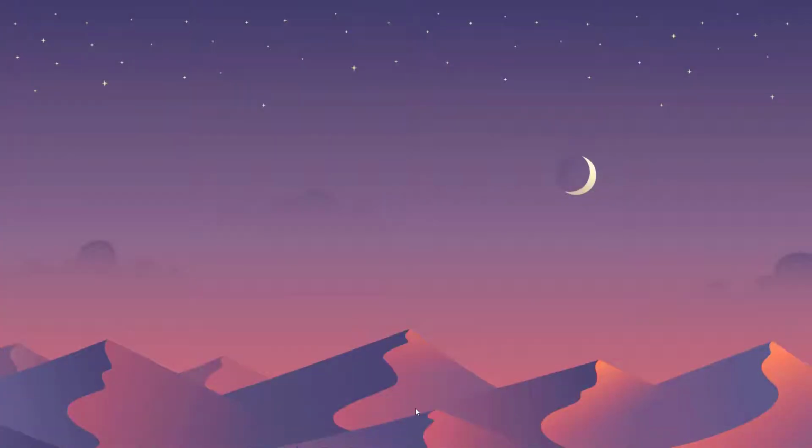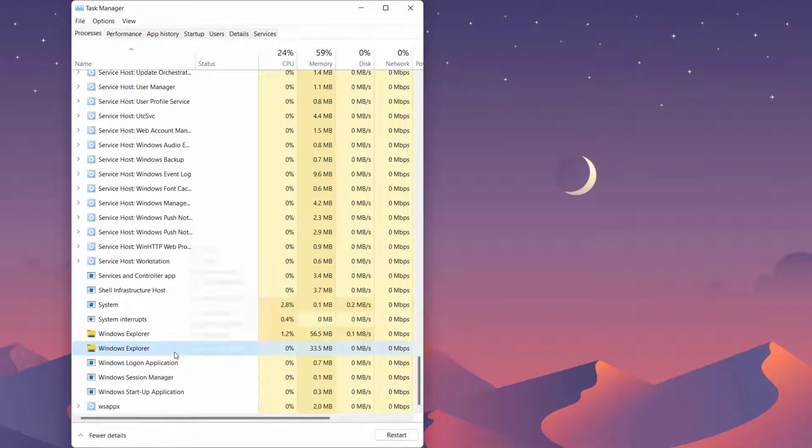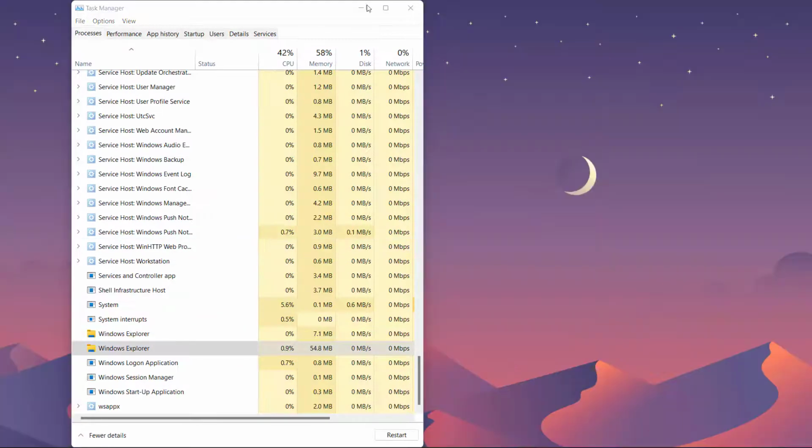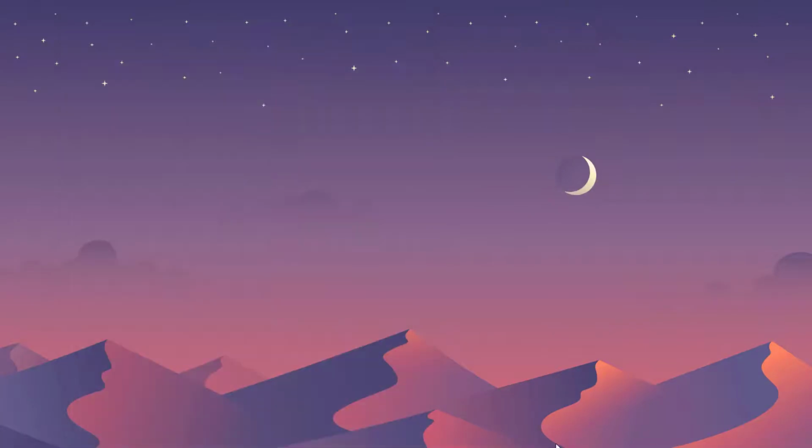It will take some time for the effects to change, but you can always go to File Explorer and restart File Explorer to see the results immediately. Now you can see we have this different icon of Brave browser over here. So this is how you change the icons on the Windows 11 taskbar.